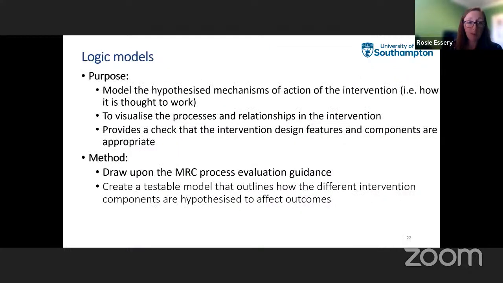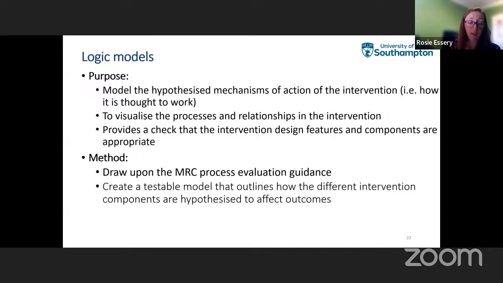So the final step of the planning phase to discuss is the logic model. I'm not really going to speak much about this, as I've mentioned it's not specific to the person-based approach. But just briefly, during the intervention planning phase, we tend to also create a logic model which draws on all of the preceding guiding principles, the behavioural analysis, and the intervention planning table,